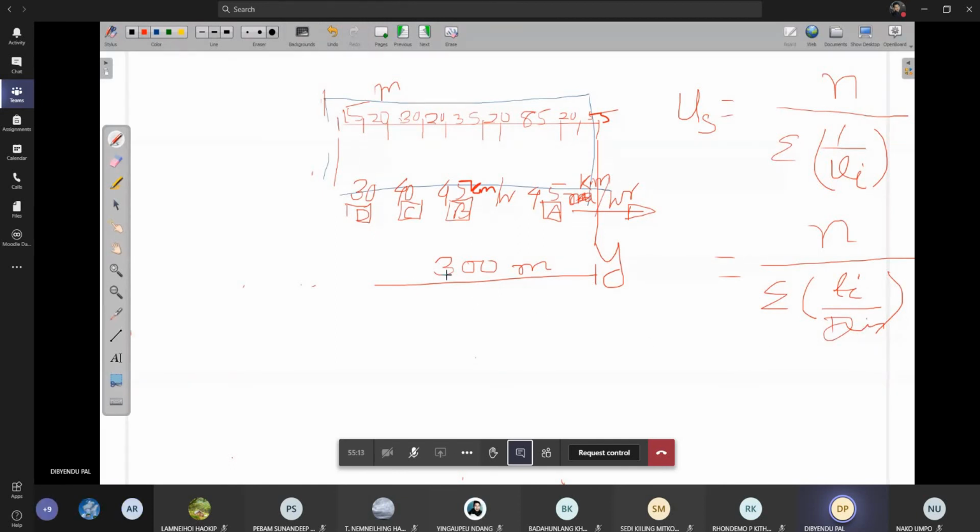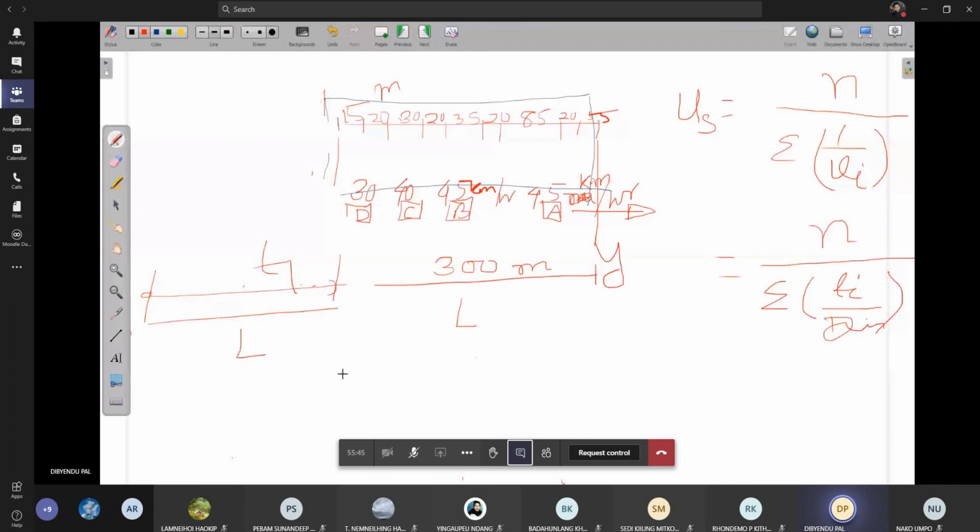Now in this problem, what is our distance? Suppose this distance is L. So what we need to find out, basically space mean speed, means suppose this vehicle needs to cross this length L, and say this vehicle has taken a total time T1 to cross this length. Similarly, how much time has the other vehicle B taken to cross this section? How much time has vehicle C taken to cross the section? From the speed we can find out this time.